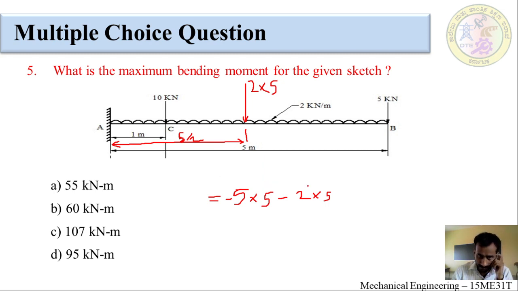Minus 2 into 5 into 5 divided by 2. Minus 10 into 1. So, 5 into 5 is 25, minus 25,